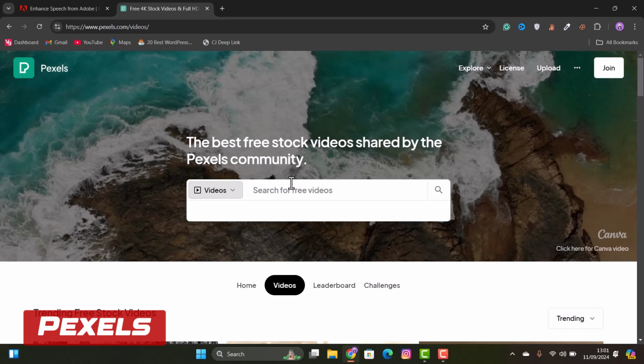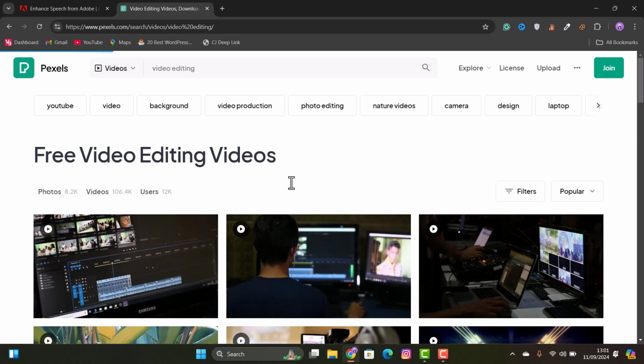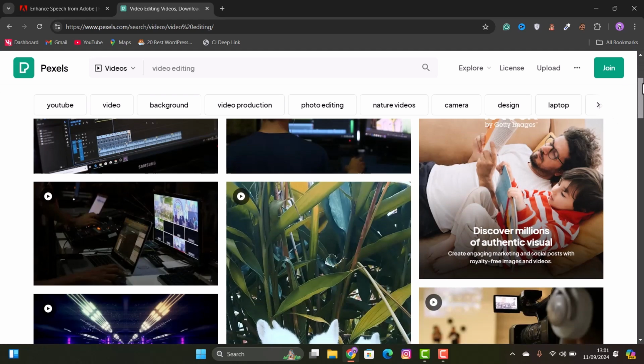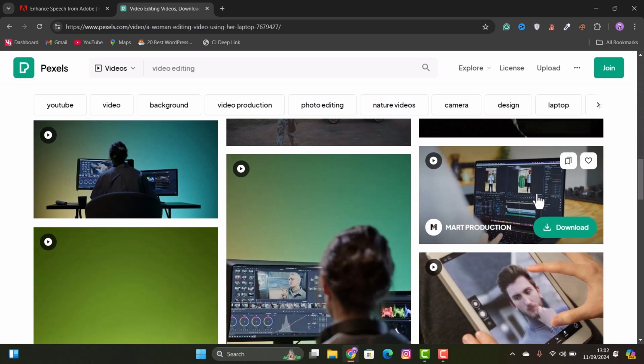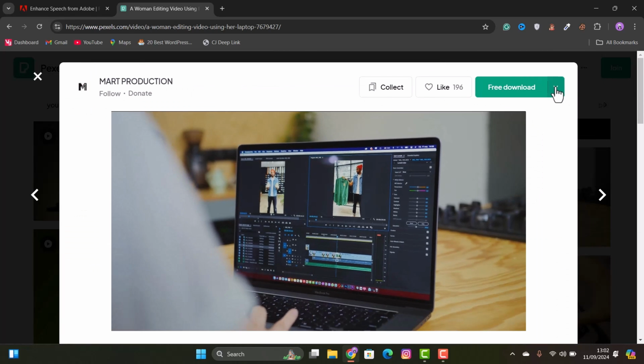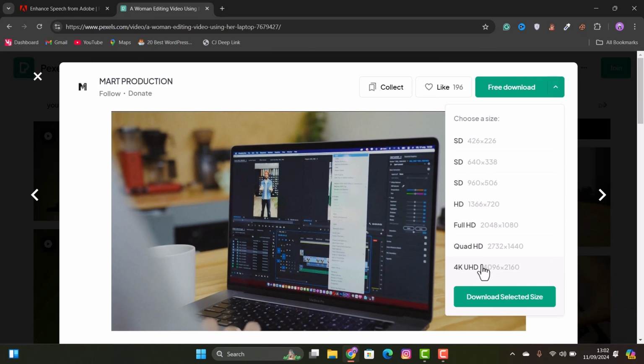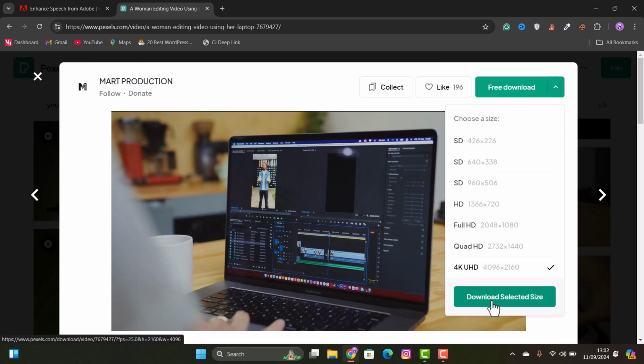There's a massive library that is easily searchable, and videos can be downloaded in various resolutions to suit your project. You don't even need to create an account. Just simply browse or search for the type of video you are looking for, and then download any video you